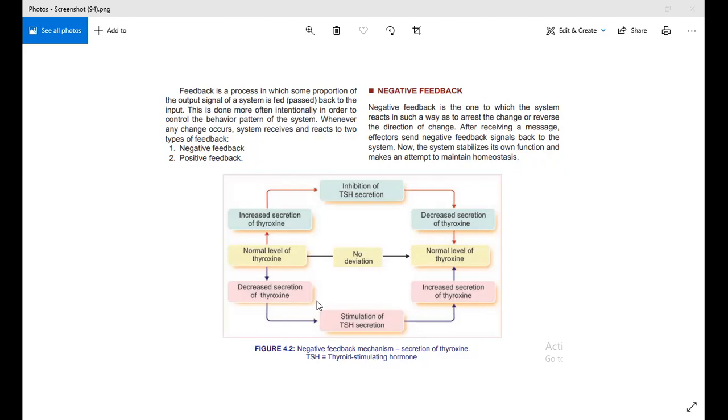When you get to 4th year, you will do endocrinology and you will study the thyroid gland. But in physiology also, you will study the thyroid gland and its functions. So this is how the thyroid gland works. Now, here you will see that there is a normal level of thyroxine. By the way, the thyroid gland